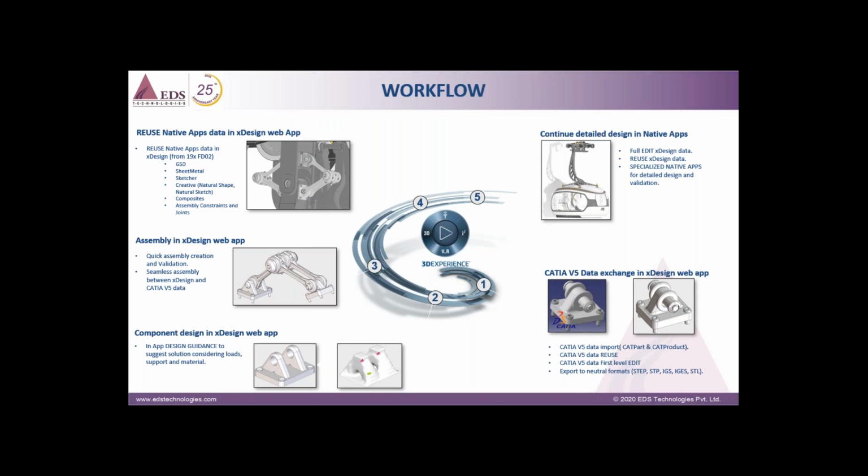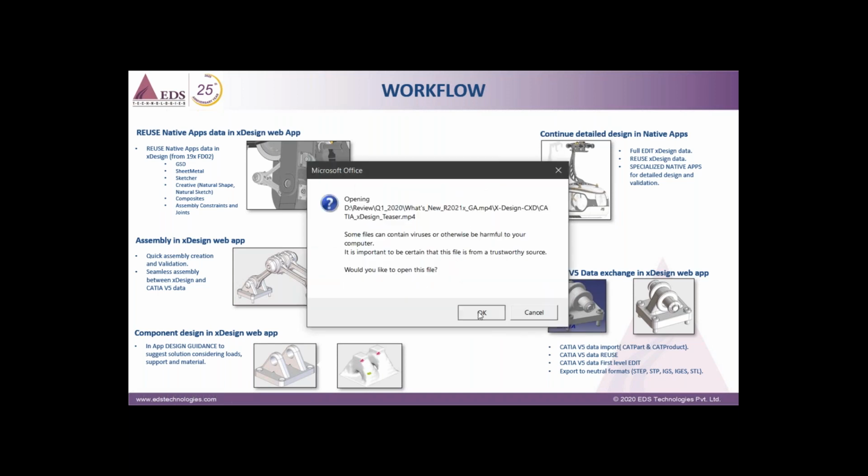Coming to the fifth scenario, once you have created the design in the web XDesign app, later if you want to have a detailed design using advanced technology, either robotic simulations from the Delmia point of view, digital enterprise lean manufacturing interactive application, electrical wire harness or composite design, yes, you can use the same data. There is a digital continuity. So let me run a small video covering all the 5 scenarios.